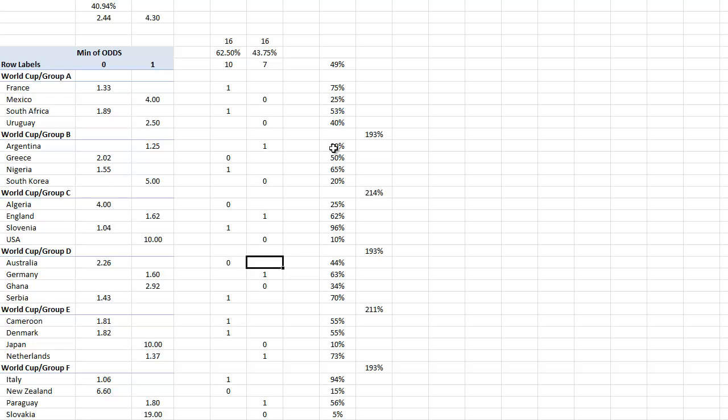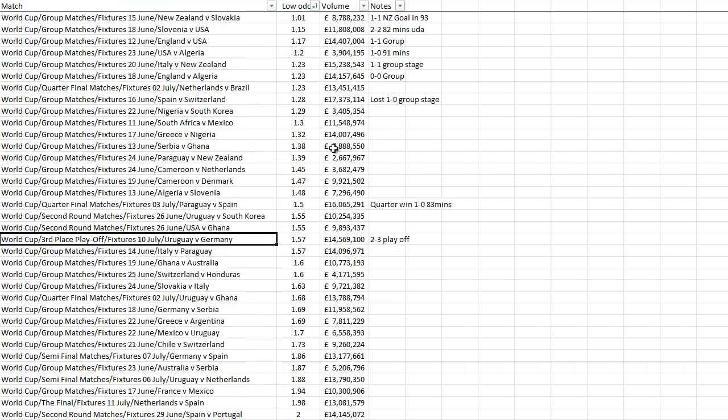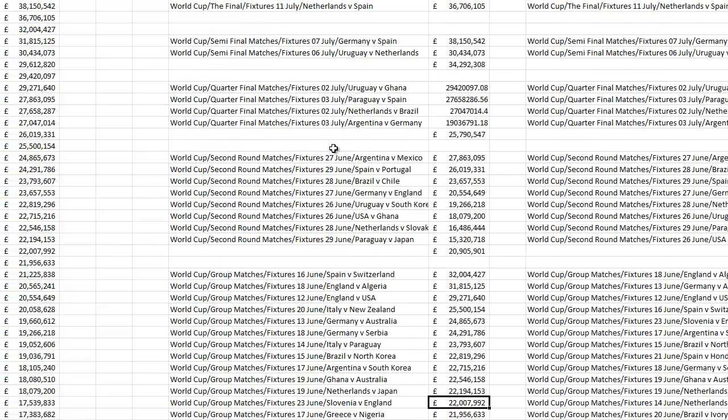I don't have data going back further than that, because obviously Betfair only came into existence in June 2000. And in the early days, there just wasn't this quality of data, and I wasn't collecting data as much as I do now. So I've only really got 2 World Cups to go on, but it's notable that in both 2006 and 2010, there have been a number of shock, in inverted commas, eliminations from the group stages. I think we may see that again this year. So yeah, the to qualify stuff is interesting. The lowest price traded in play is interesting, but that's obviously very dependent upon what's going on in the match. You're going to have to be the judge of that, but it's interesting to look at.